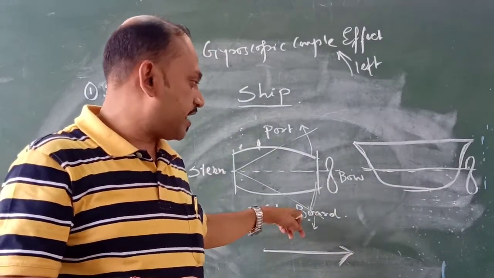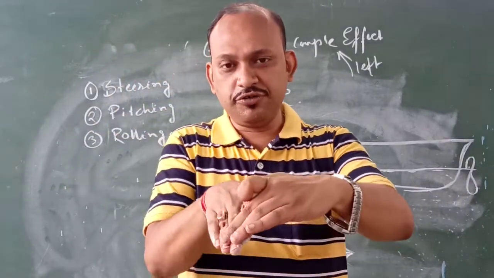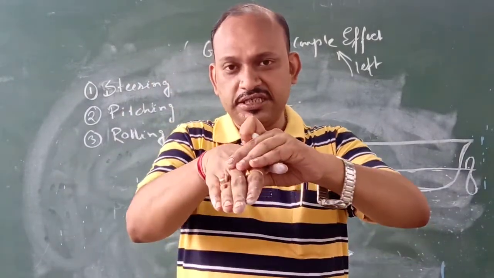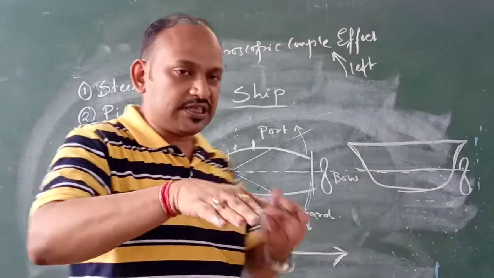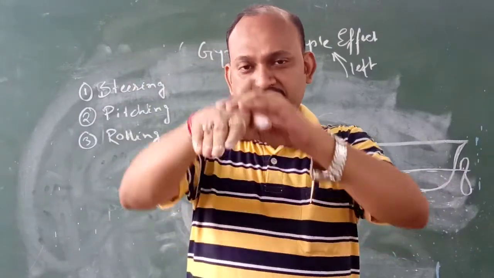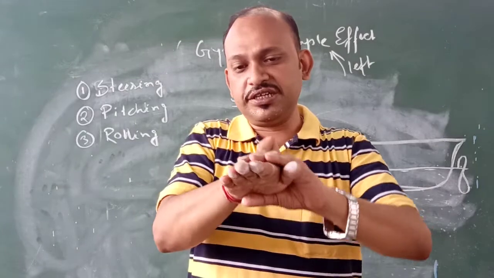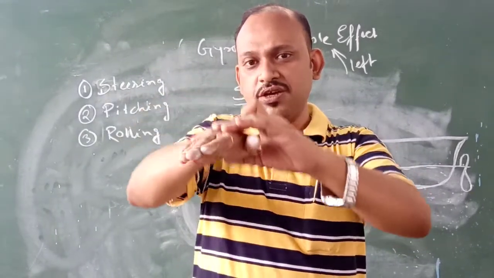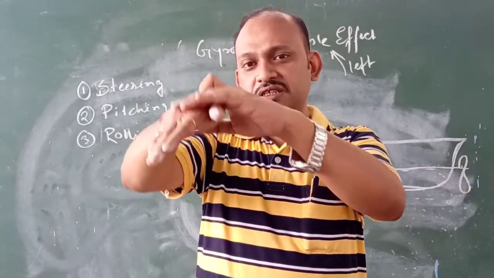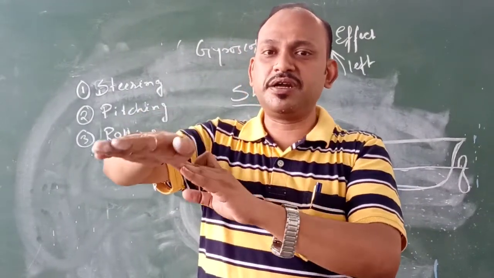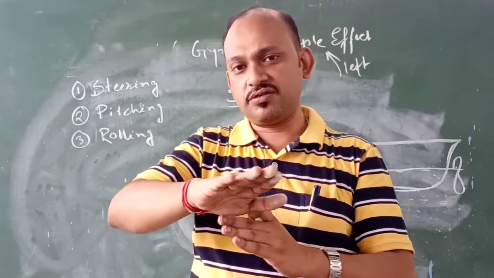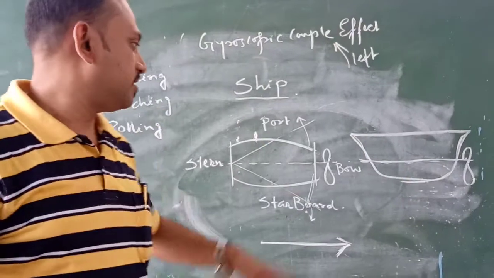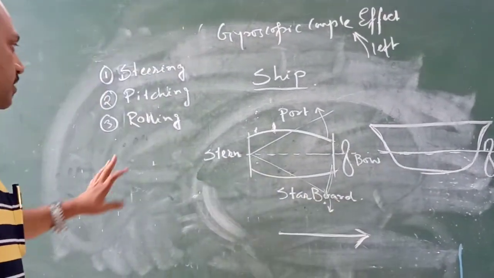And when it is taking the right turn, what will happen? The bow portion will dip down as it gets inclined towards the starboard portion. The bow portion gets dipped down and the back portion, that is the stern, has to rise up. So it has to move as per the wave. So when it is taking a turn like this, this portion will dip down and this portion will rise up. Okay, so it will steer to the right by this particular procedure. So this is the effect of steering either in the right direction or in the left direction. This is about steering and this is similar to that of an aeroplane.